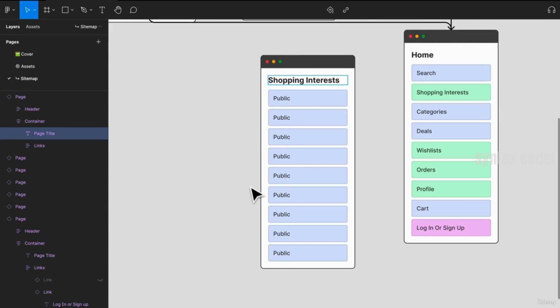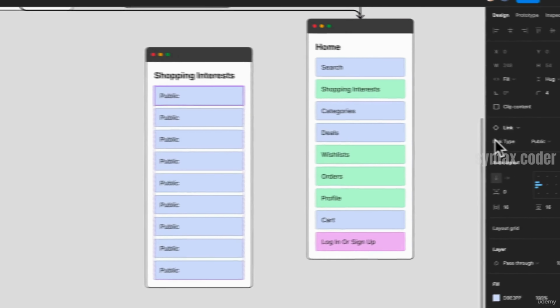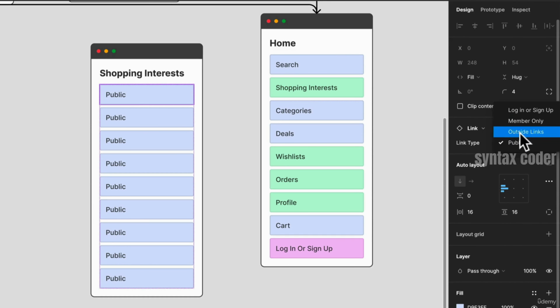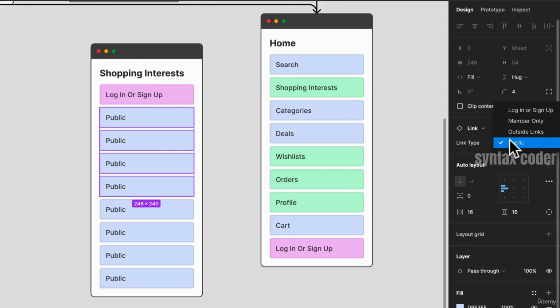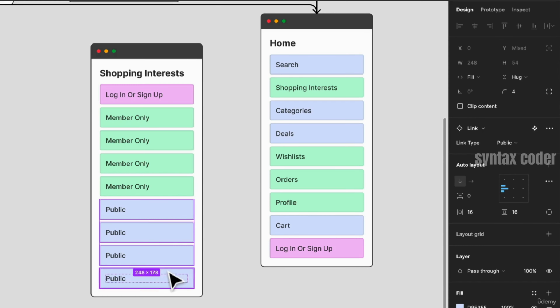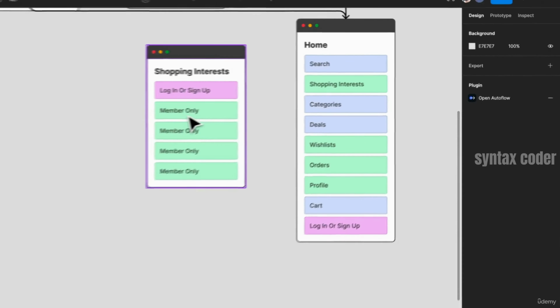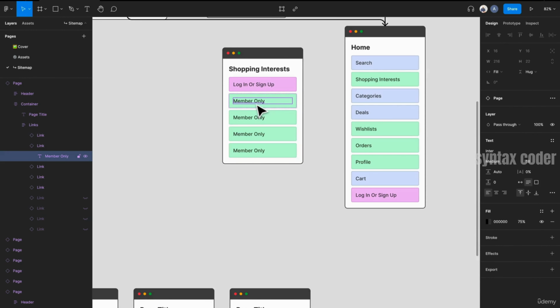but this will be just something that you can watch to see how I'm going through that process. So when it comes to the shopping interests and habits, this is definitely going to be a members only section. So I'm going to make a big note here. What I'm going to do is make a login and sign up, to somehow prompt us that, okay, hey, you absolutely need to sign up to go any further. So kind of like a paywall. Over here, what we're going to do is make all these member only links, and then we can probably hide the rest. I think 4 is going to be enough,